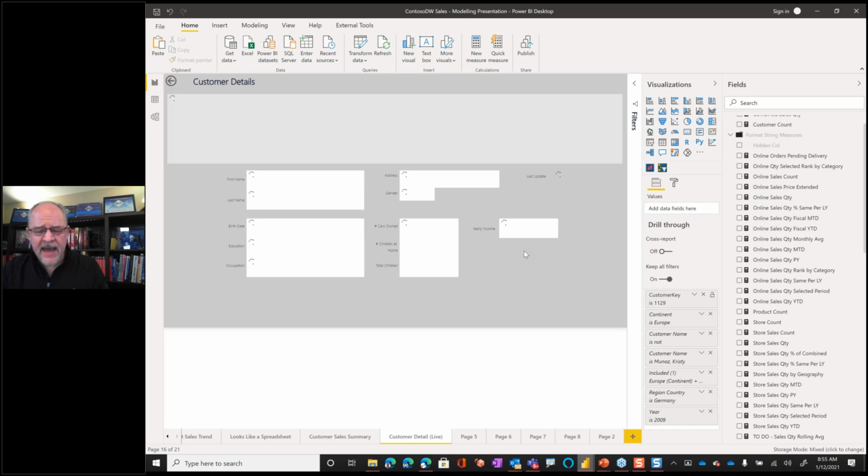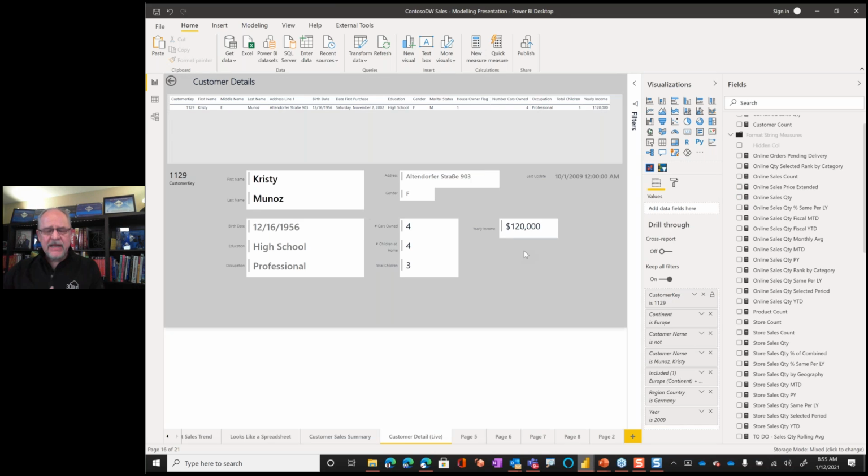Now it's not screaming fast, but it is actually running a SQL query against that other database, and I'm now looking at details that aren't available in my summarized table. And I could add all kinds of details here. And you can see when that was last updated, etc.